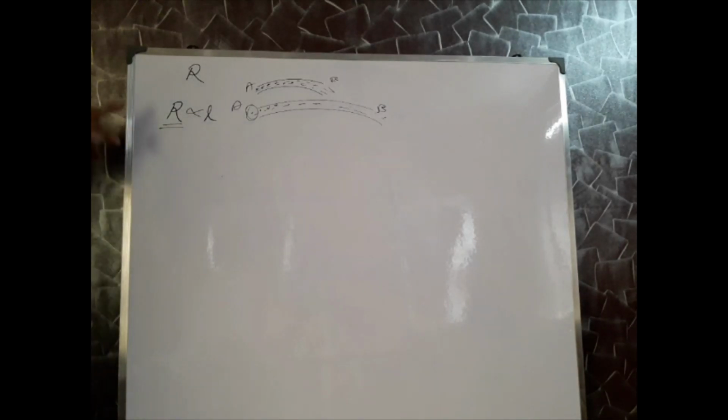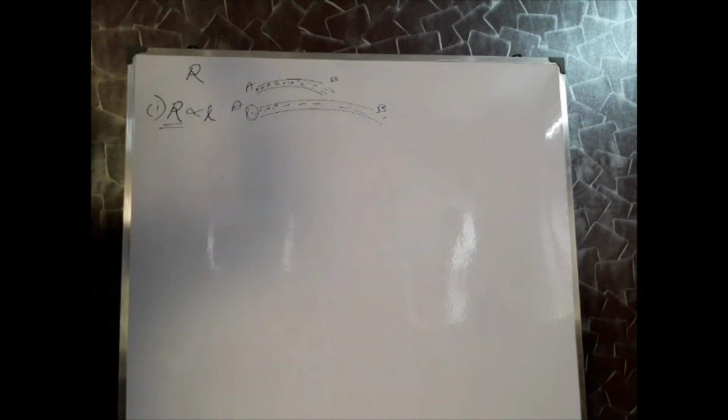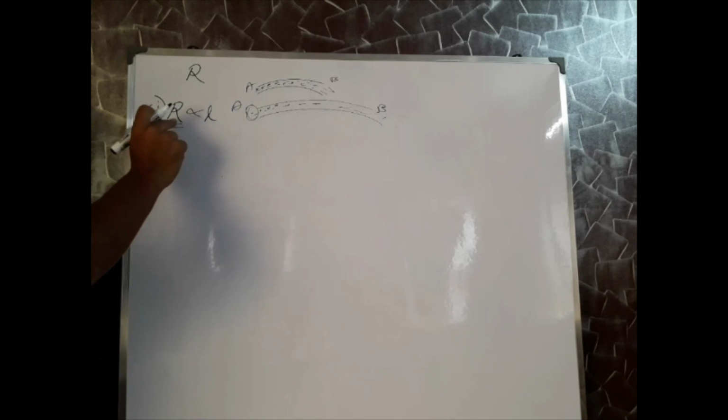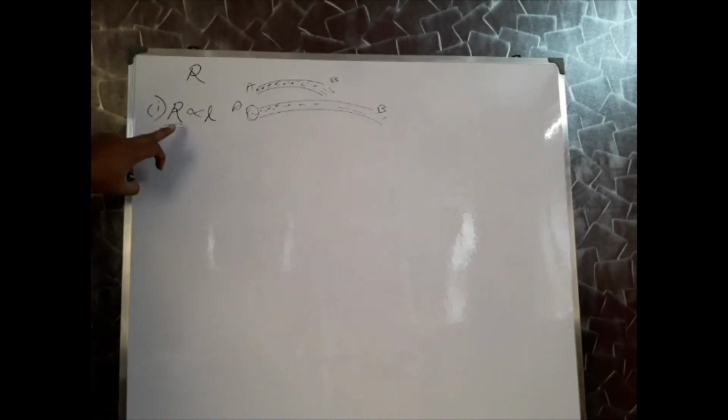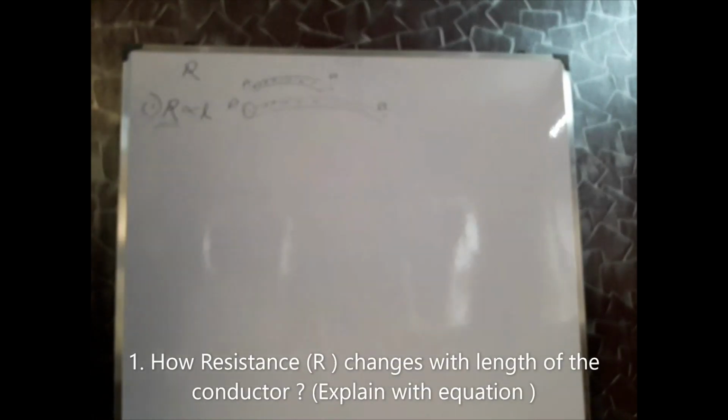So I have already introduced the role of length. That is the number one dependency. The resistance is dependent upon the length in that way. The equation is R is directly proportional to the length. That means if you increase the length, automatically the resistance will be increased. The next one